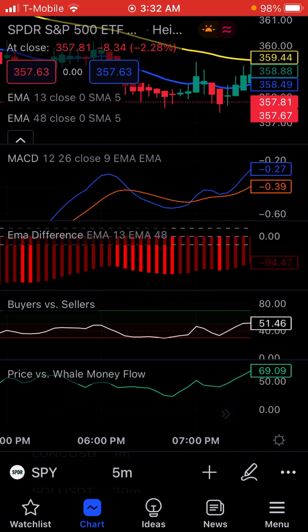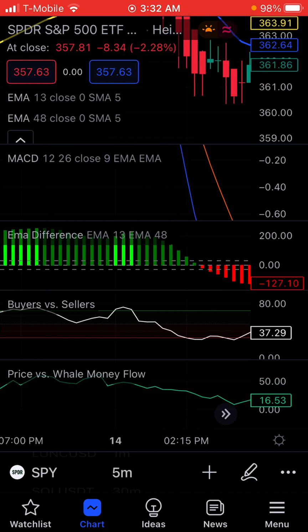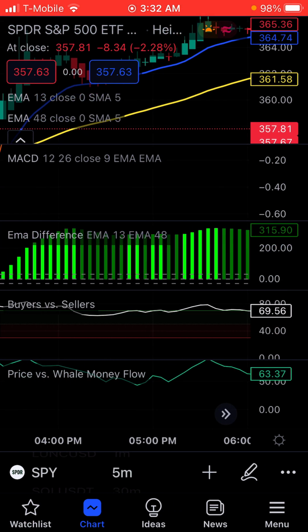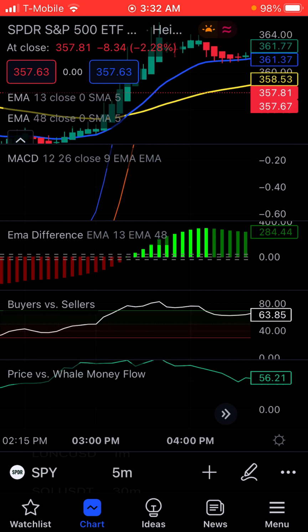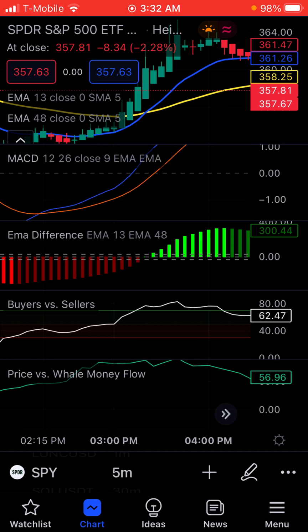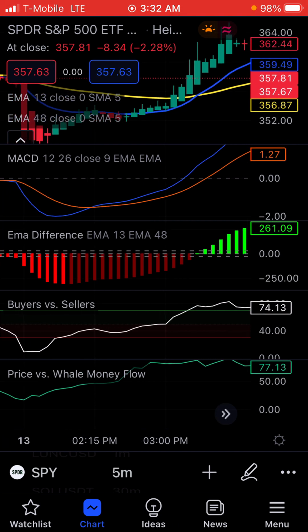Right now I'm going to go back and we're going to do the first thing that I've really talked about. It's hard doing this on my phone, but I'm going to make an update on my computer pretty soon. I don't really have a lot of room to show you with all these indicators. But anyway, the first thing you do